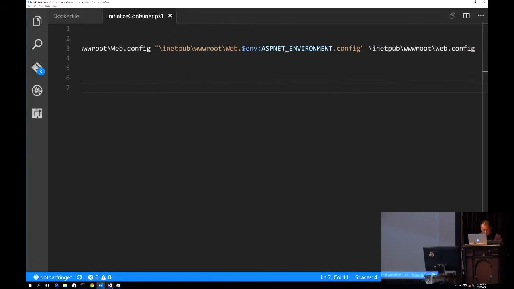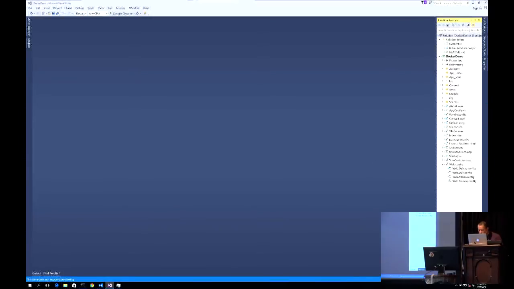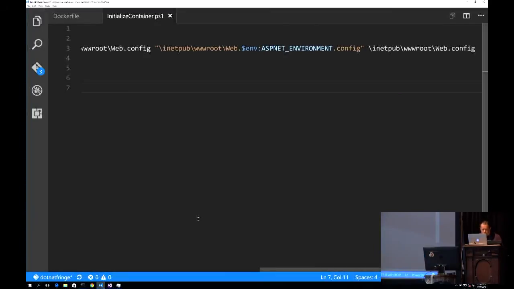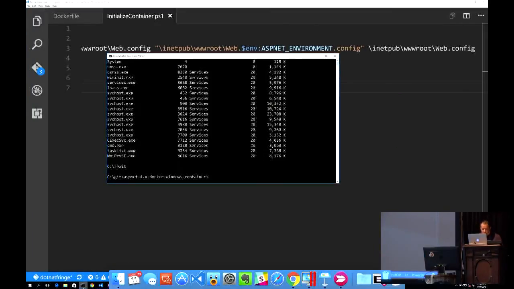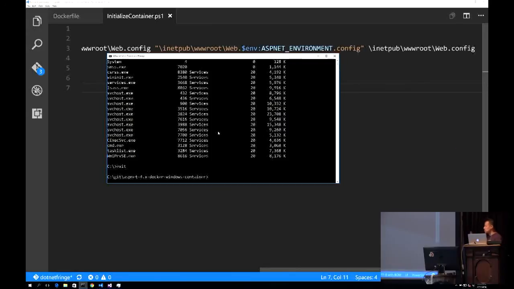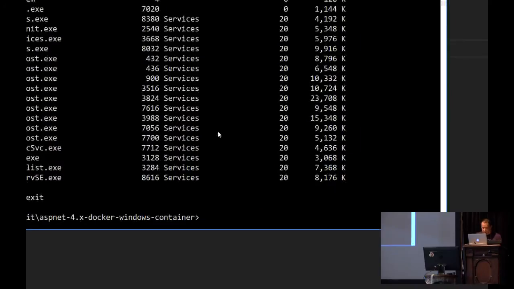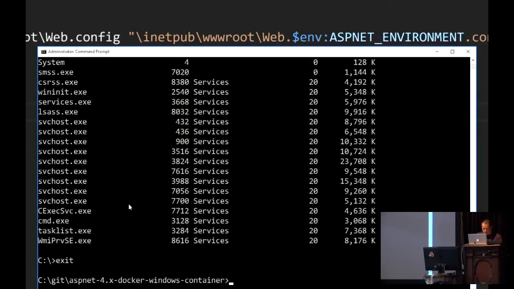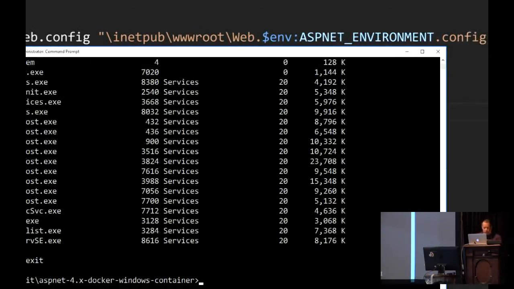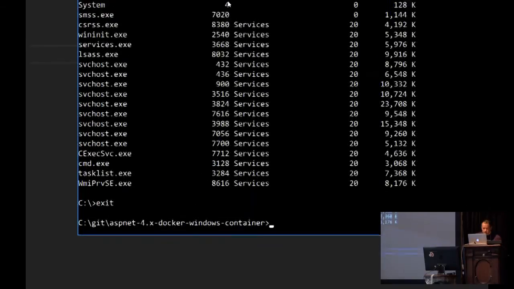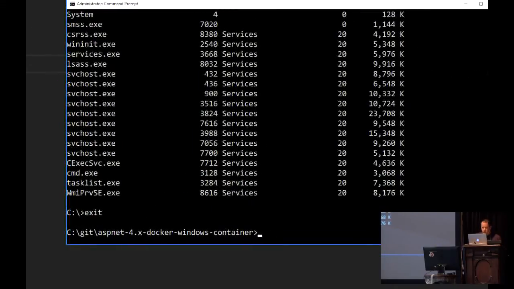So let's take a quick look at the web.config. Or not, the click will not work. Okay, well, we'll have to bypass that. Trust me, there's a web.config going on there. So now let's build this thing. Ooh. Whoa, whoa, come back. All right, so